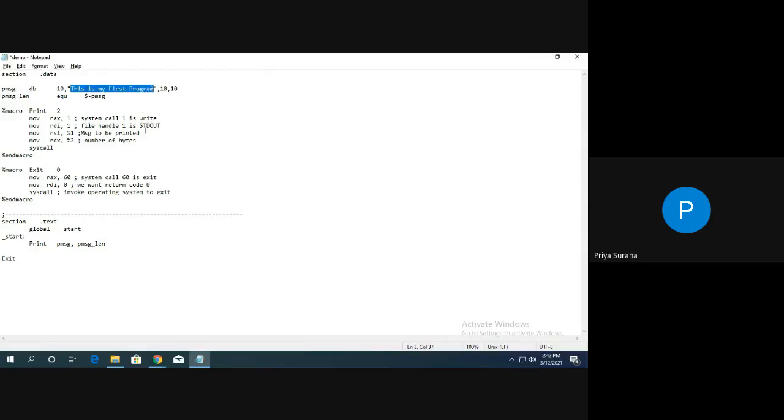So each will require at least one memory location, that is, each character is of byte type. So the first and basic thing you are supposed to remember is the manner in which you declare a message in the program, or in the data section of assembly language. After giving the variable name and the type, here 10, if you observe, is nothing but \n